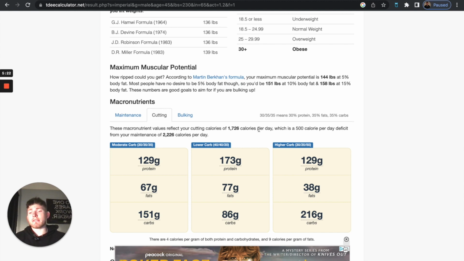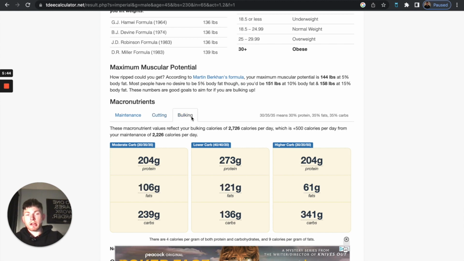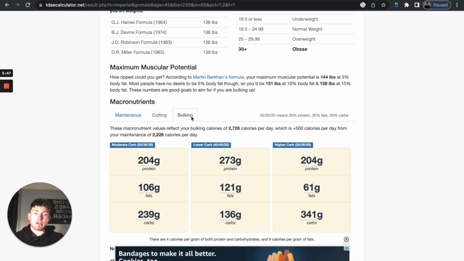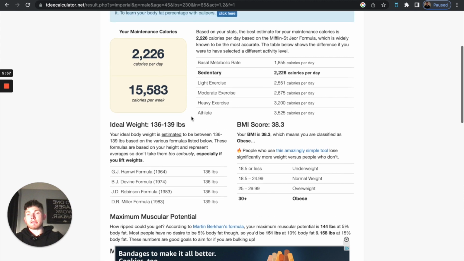There's 3,500 calories in 1 pound. So being in a 500 calorie deficit, you essentially would be losing 1 pound of body weight per week. Same thing as far as the bulking option as well. They go in 500 calorie increments, and if you were going in a bulk and you wanted to gain weight, your calories would be